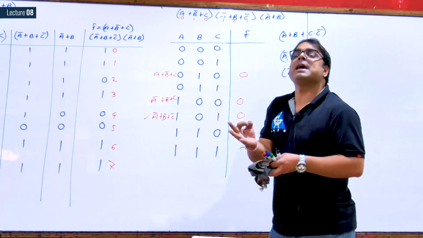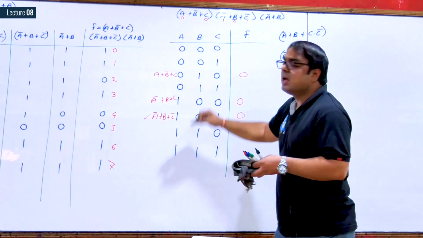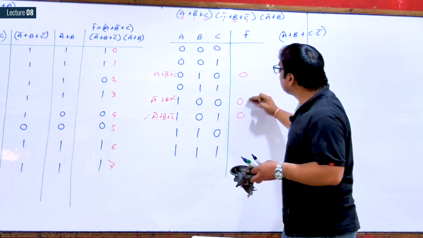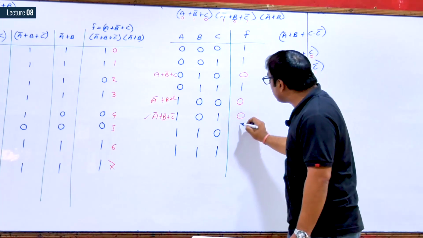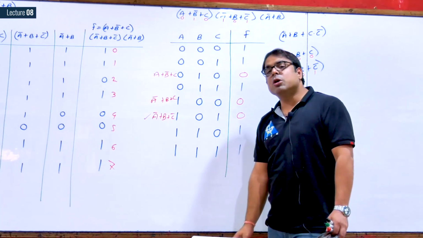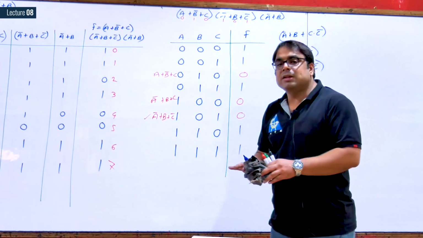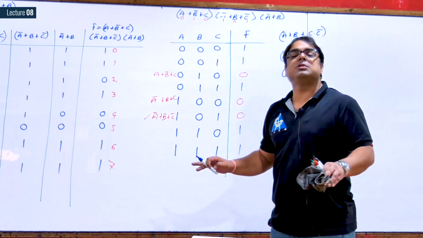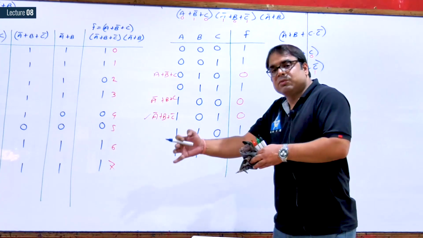So at the combination of max terms, output function is at logic low. So there are 3 max terms. For 3 max terms, we have 3 combinations, and for these 3 combinations, output function is logic low. It means for other combinations, output function is logic 1. This is all the basic detail required for min terms and max terms. We have a few more conclusions that we will discuss.